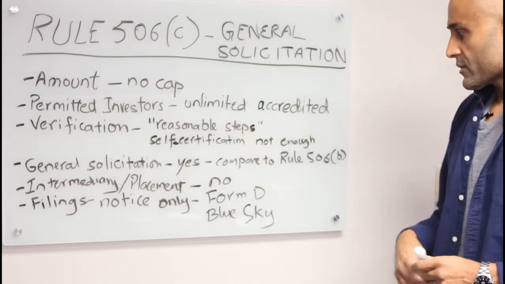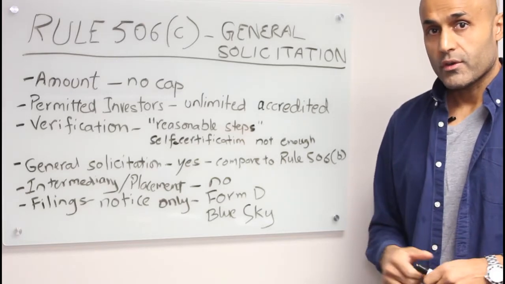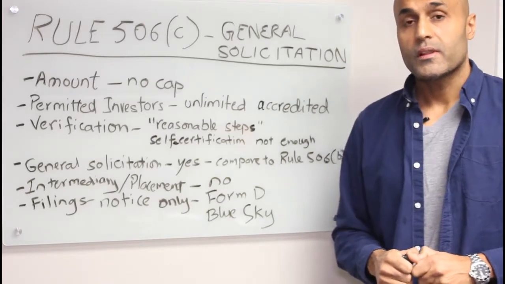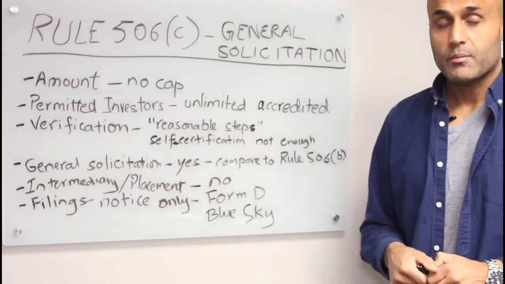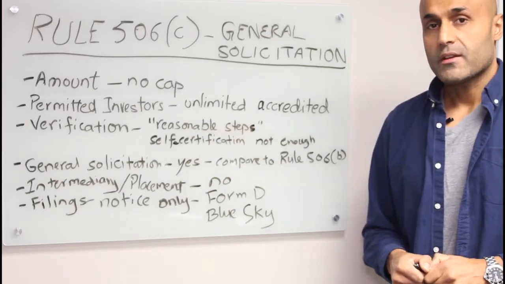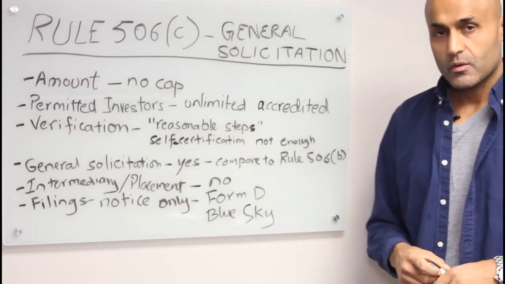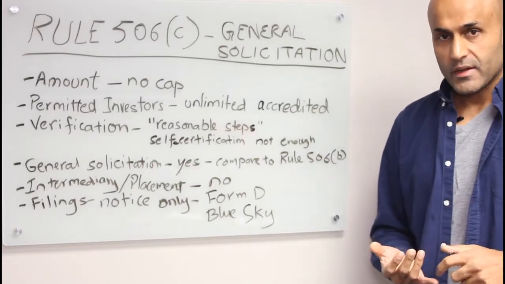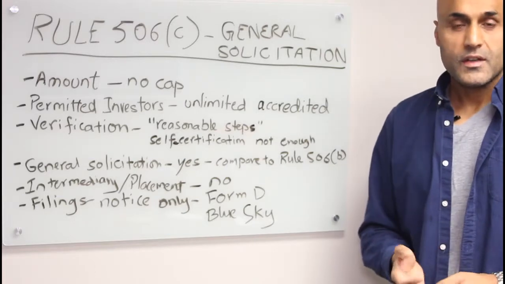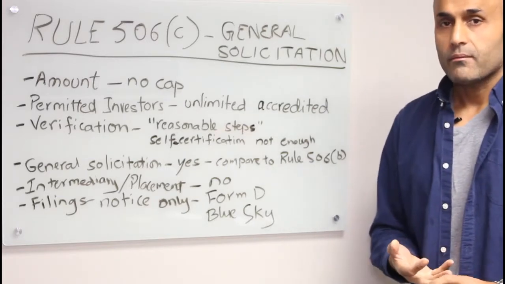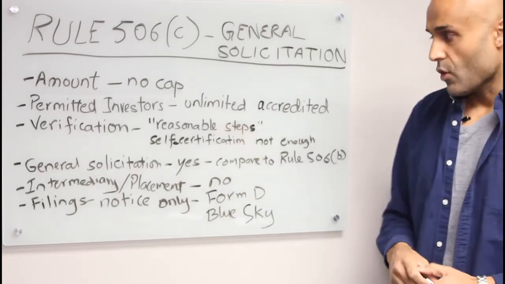Another requirement, if you're doing a 506B offering, is that for the unaccredited investors, you will need to share with them all the key risk factors. That essentially means you will have to prepare some sort of a placement memorandum or disclosure document that will have all the key risk factors associated with it, including, for example, risk factors related to the offering, whether it's debt issuance or equity issuance, risk factors related to an industry, the team, and any other categories of risk factors that investors need to know.